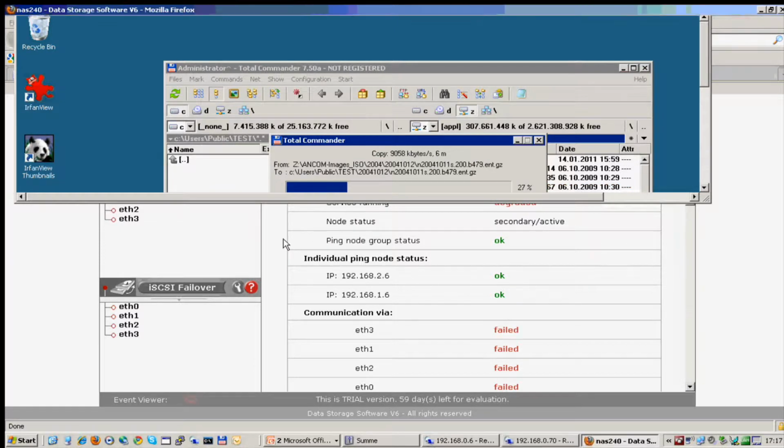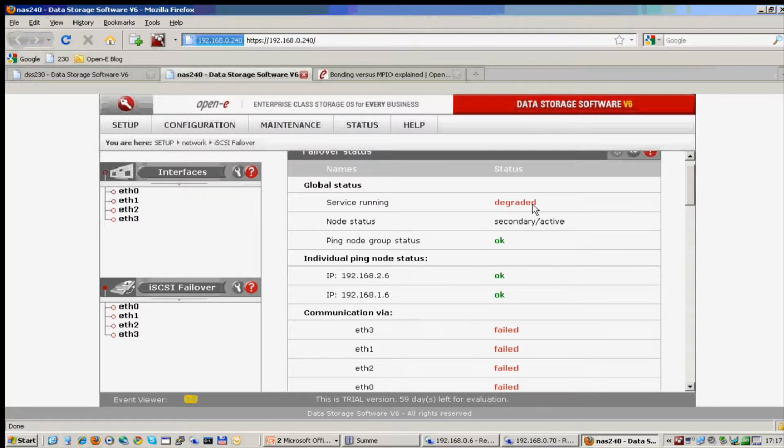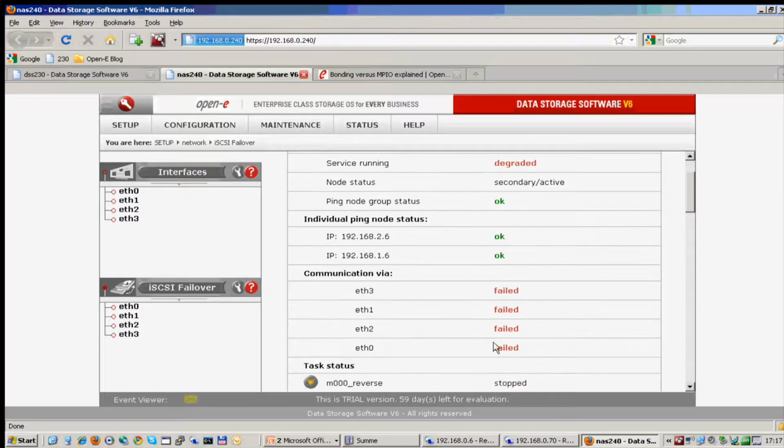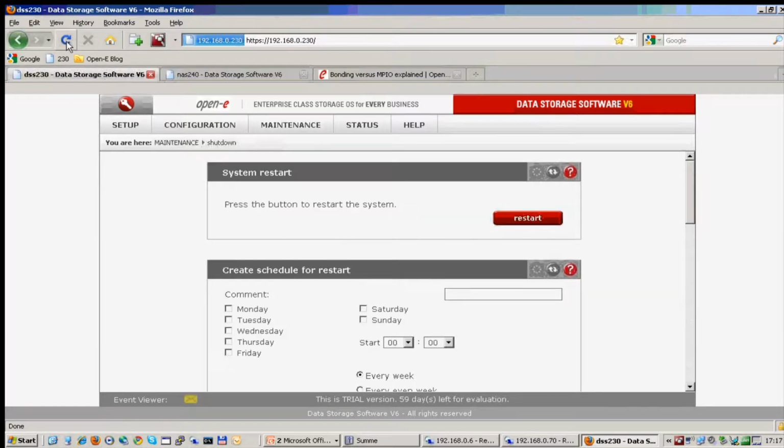So shut down. And click on restart. We have, of course, a message that this is iSCSI Failover, but that's the case we want, to reboot this machine. So in such case, we will observe that the secondary machine will become active. And let us see